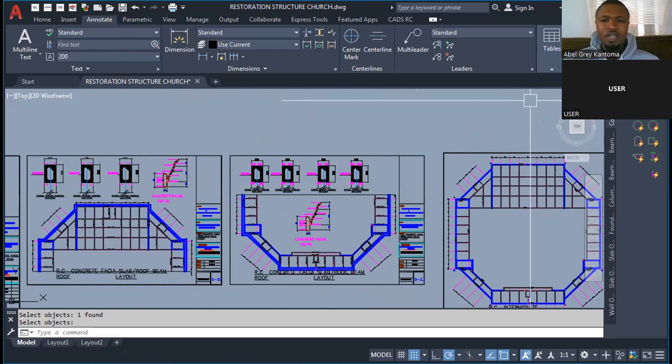So you can see here, what I have here is actually my slab detail. Like I said, you can see the reinforcement that has been provided for us, but it's somehow looking a bit rough. So I may need to change some of the sizes of this information and turn off some of the information that is appearing here. But before then, I'm going to move this, since this is actually my slab. This is not what I would like to show here right now. And then